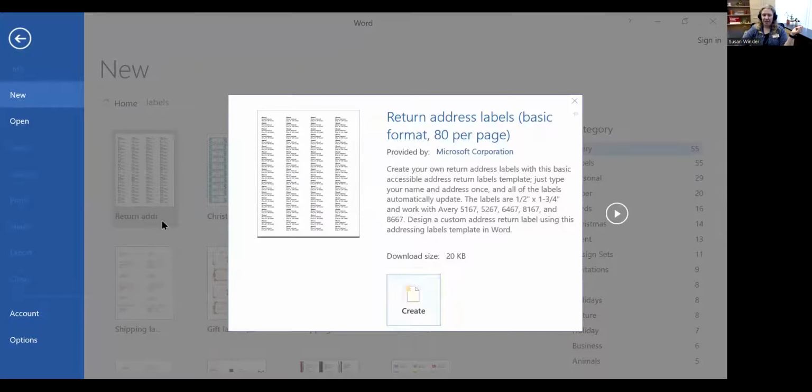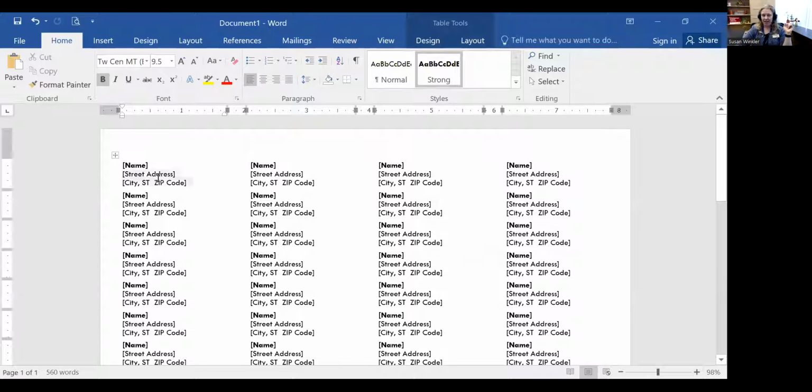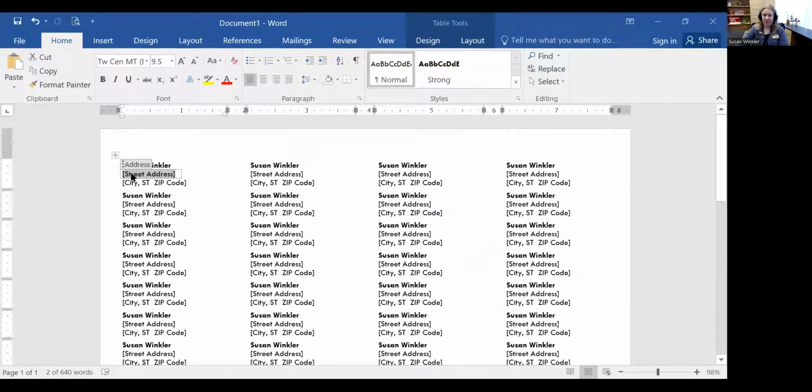And so for example, here's return address labels. And it works with specific Avery label sheets. You can just hit create. And then here it is. And then as soon as you change the first one, and you put in, because this one is set up to be return address labels,